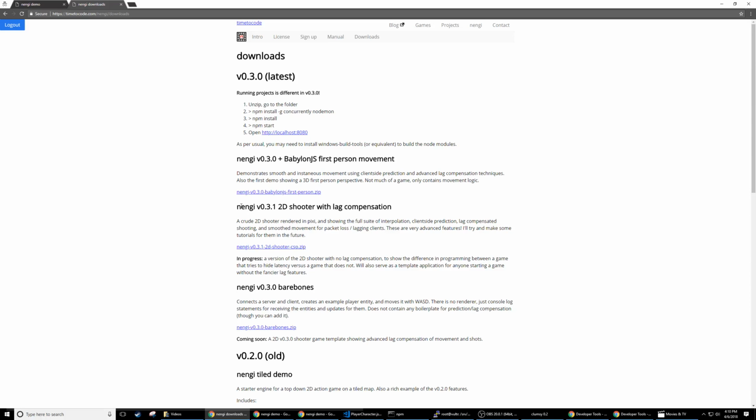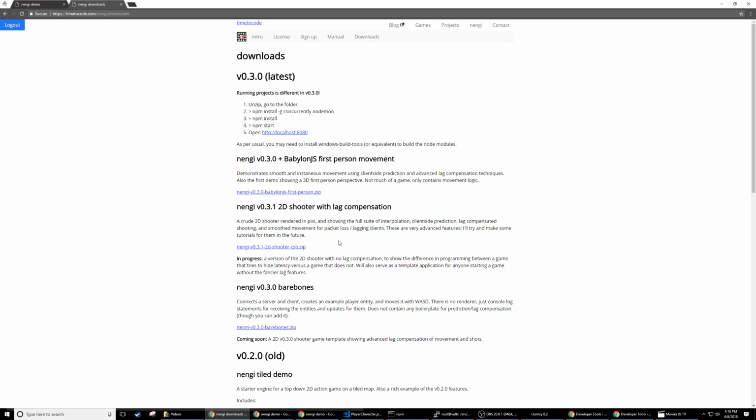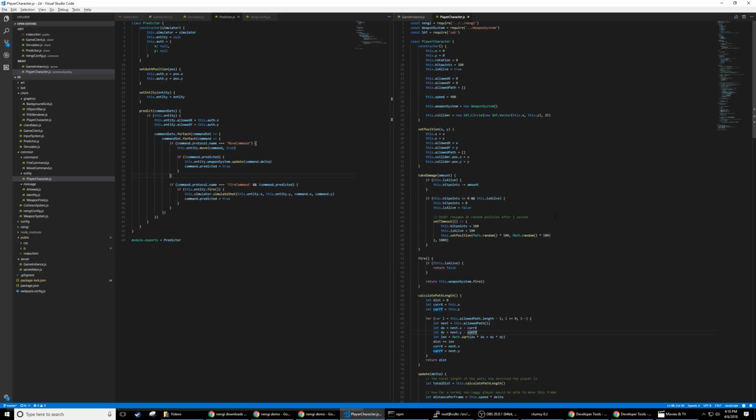I'm working my way through the feature set of the Nengi Beta 3 2D shooter with lag compensation. This video is about the last feature added to this demo, which was the concealment of packet loss. But first, it helps to have watched all the other videos on this first. We've got to get a little bit of history to understand what exactly this is fixing in the scheme